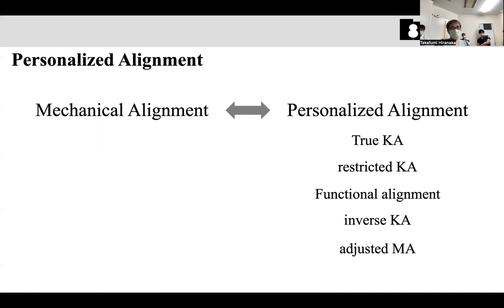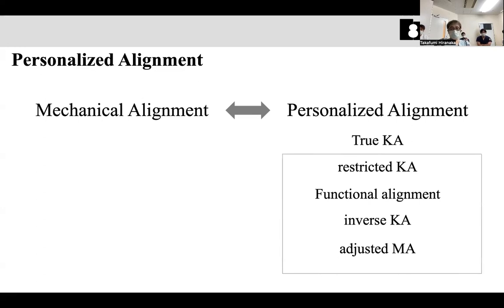If the patient has a severe varus, we need to detach and release the MCL more. That's the problem. MCL release can cause instability, pain, and unadjustable gap. So that is the current situation. Release should be minimized. I think this is a kind of personalized alignment system, but unfortunately,